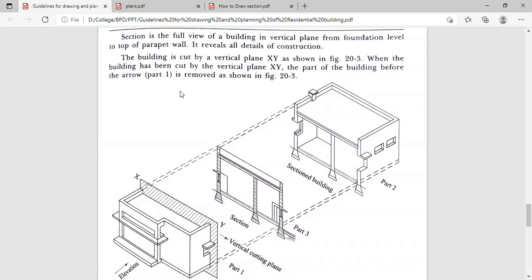Okay, as well as what kind of door and windows we are going to provide, we also have to show in a section.